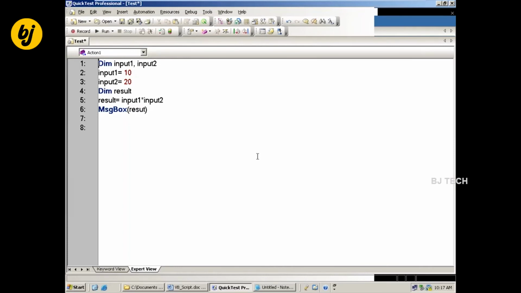In order to overcome that, we have to make variable declaration mandatory in the script. How can we do that? See here, I will give that much notes. Try to understand here. Option Explicit we have to use. When I write Option Explicit, it makes the variable declaration mandatory. It won't allow this type of variables.